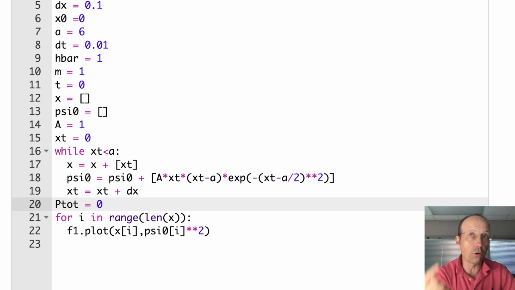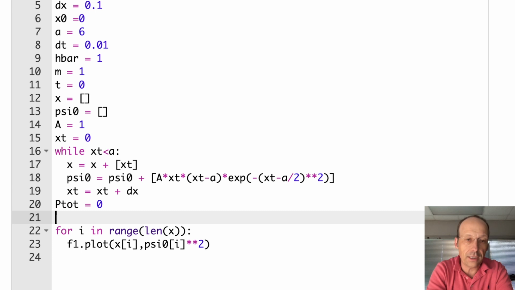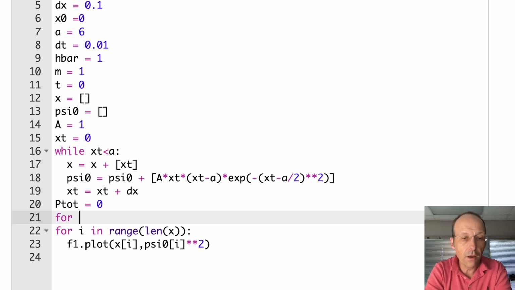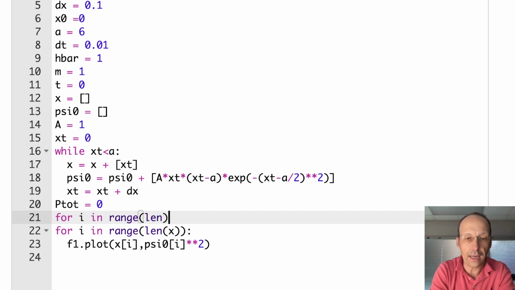And then add it to the total. So I need to start with the total. So let's do that up here, and we'll use that total to calculate A. For i in range length of x